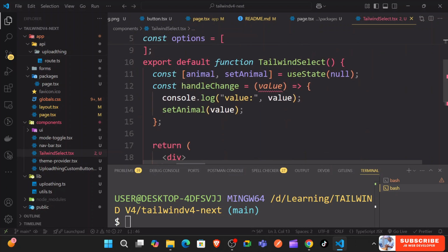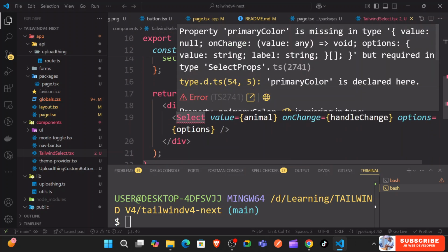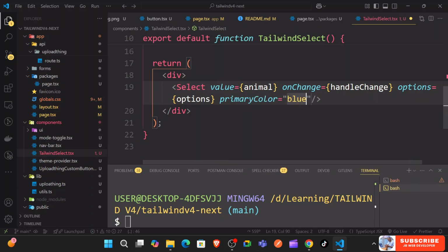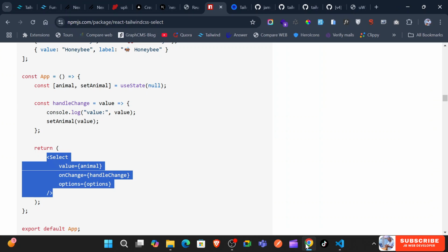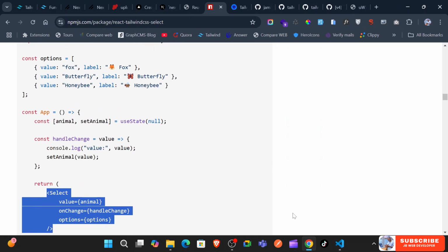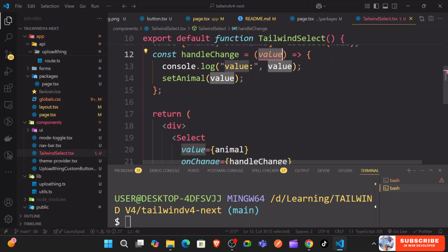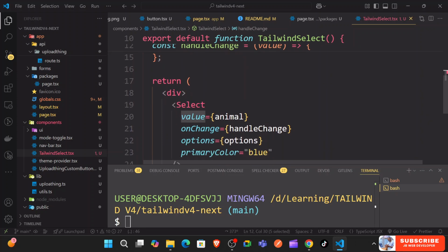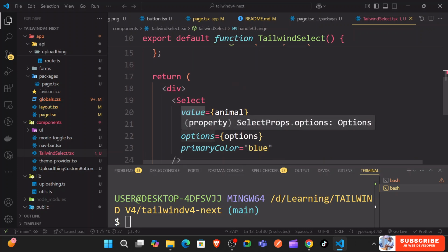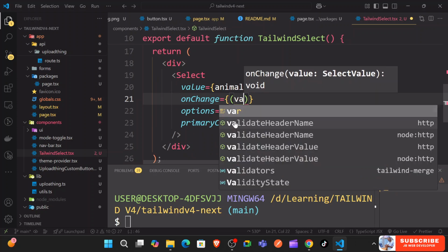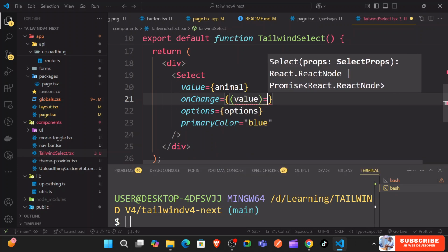it is this one. I don't know why property primary color is missing. Okay, so you can just add primary color to be blue. Okay, nice. For this one, we can just give this one any, but if you bring this handle change onto, because you see here handle change, if I try to do something like this, value to something